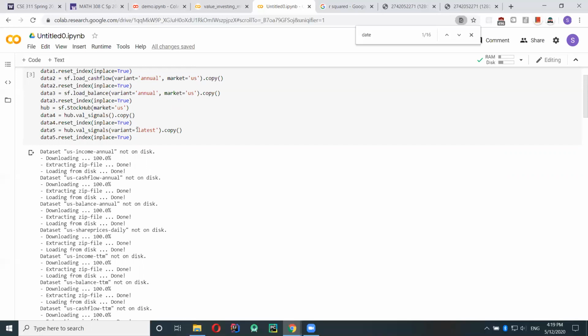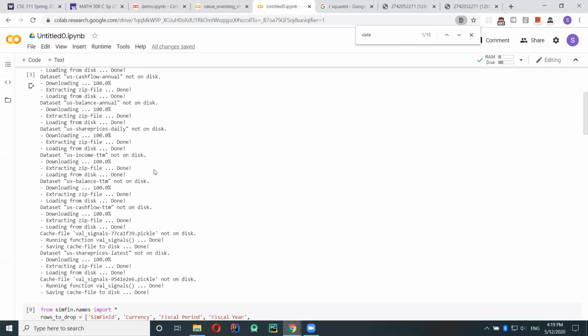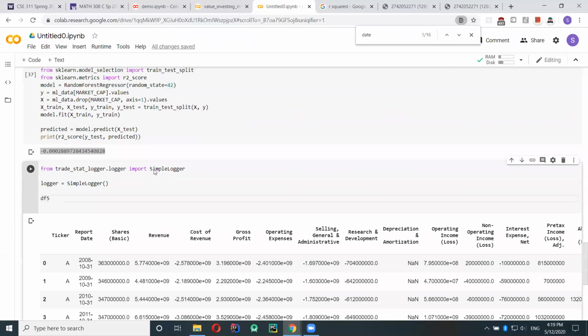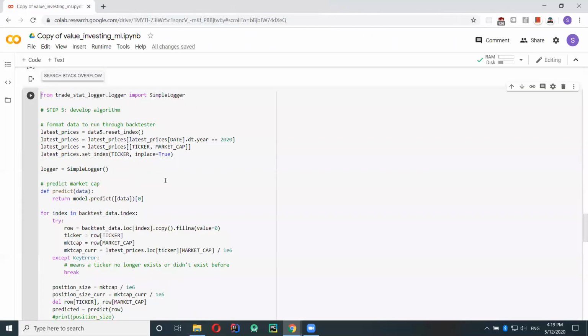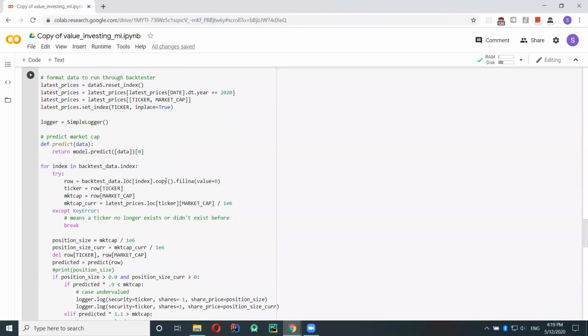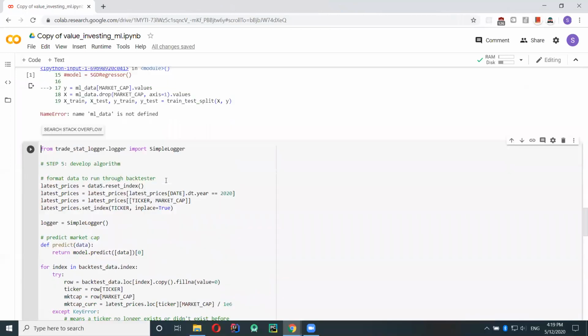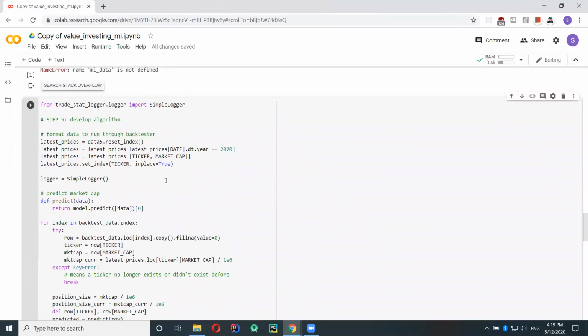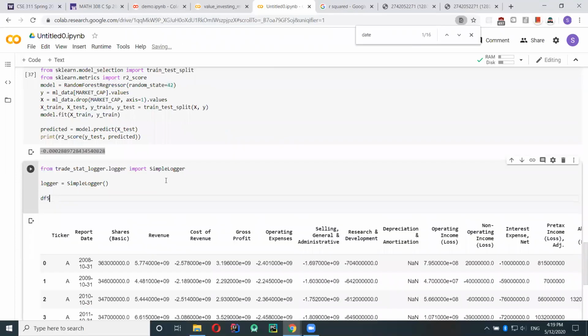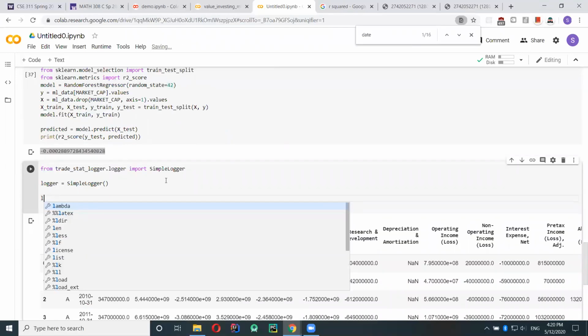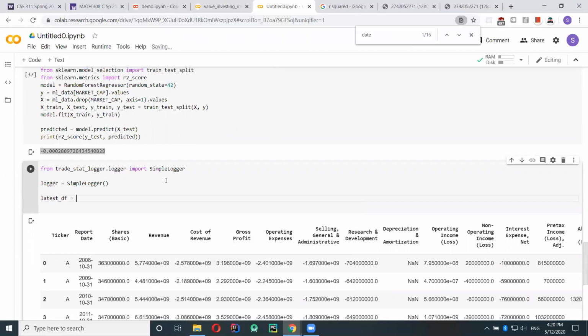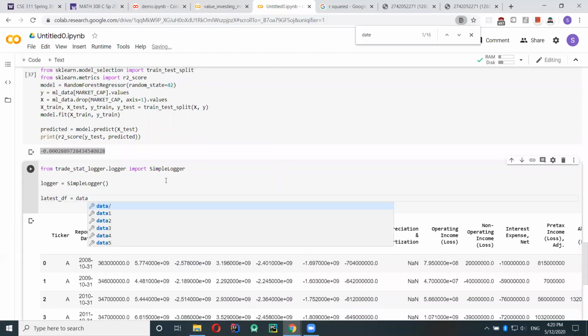And when you set the variant to latest, it just gets the latest values, like from May 11th or May 12th, just the latest market caps. And so we want to clean this a little bit. Okay, latest prices. Data 5.